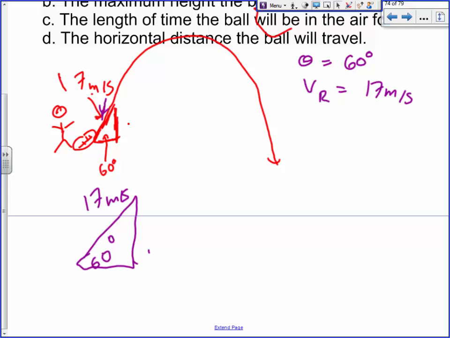What we need to look for then is the velocity right here, initial, in the y direction, and the velocity,